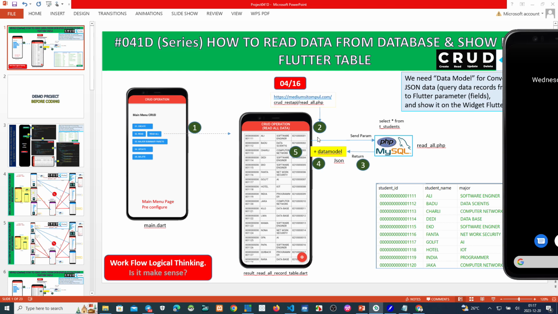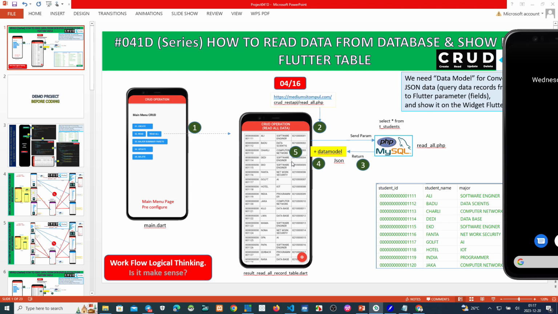So the Flutter must run automatically, the initiate program, to send this link to the backend, and then the backend script will run and return data to the Flutter.